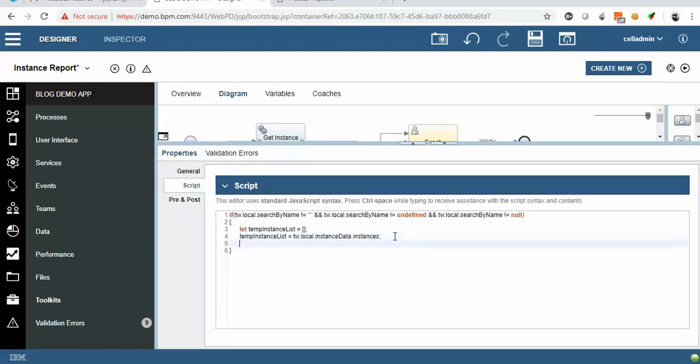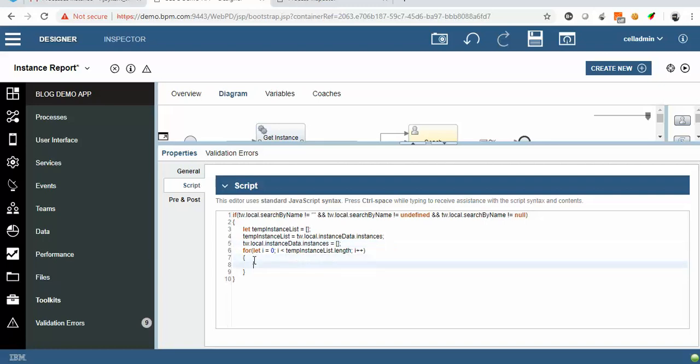Now I will write one for loop for let i equals to 0, i less than instance list dot length, i plus plus, and I will just initialize this variable so that there should not be any value here,